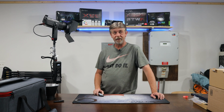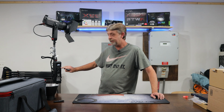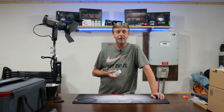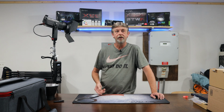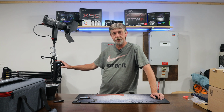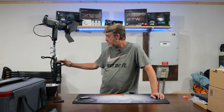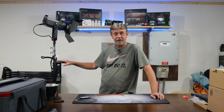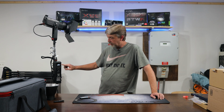So a little note I did find out is on this light, you have to turn it on 2.4 gigahertz for you to be able to use the remote. I didn't read the instructions. I'm like, why in the heck my remote ain't working? I got it figured out. It's just that simple. It's got a Bluetooth option and then all wireless off. So with that being said, if you're freaking out about your remote, check and see what your wireless communication is,